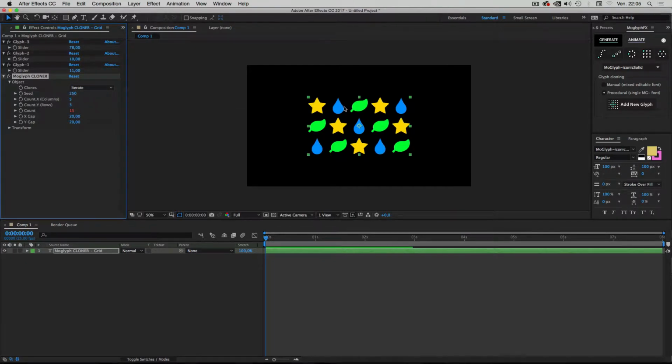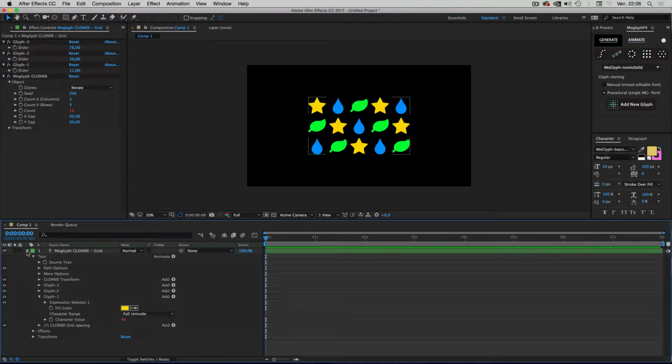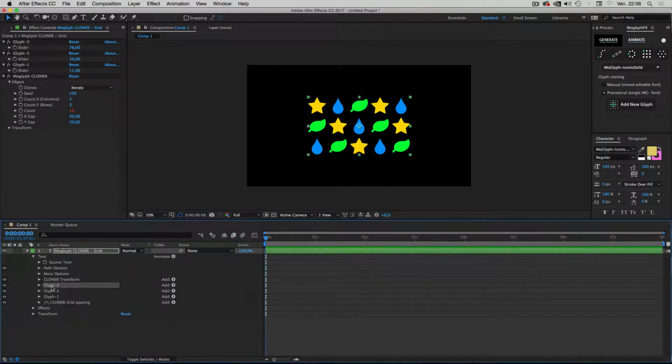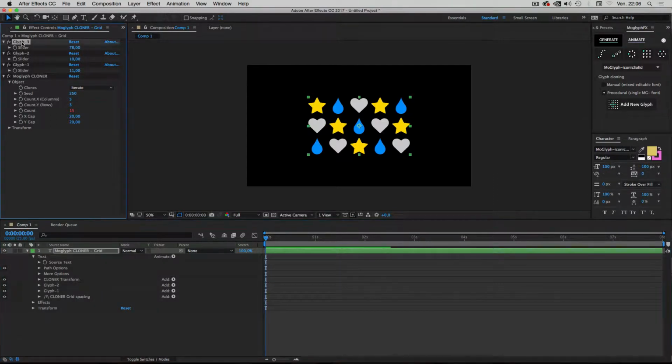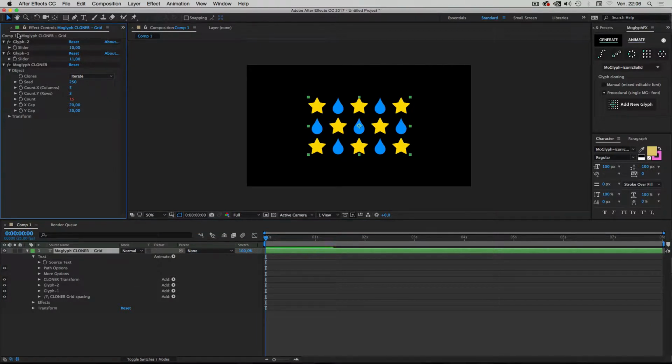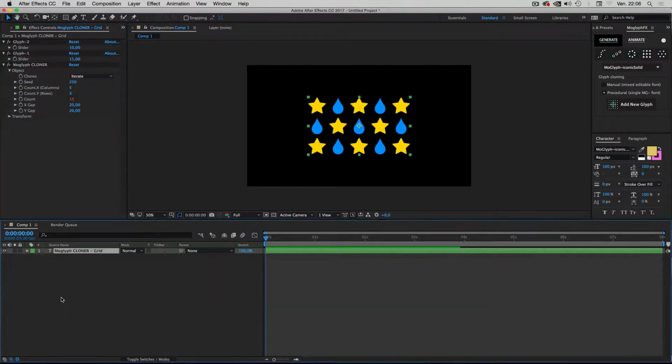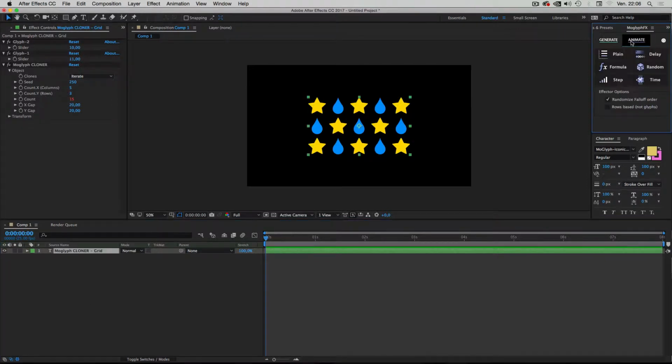So again, if I just want my star and my drop, here is how to remove properly the leaves. I deploy first my text group here. I find my unwanted glyph, which is my glyph 3 here. I delete it from here, and I can now delete my glyph 3 in my effects panel. Okay, pretty cool. So now if I click here and go to animate, I can click on plane,